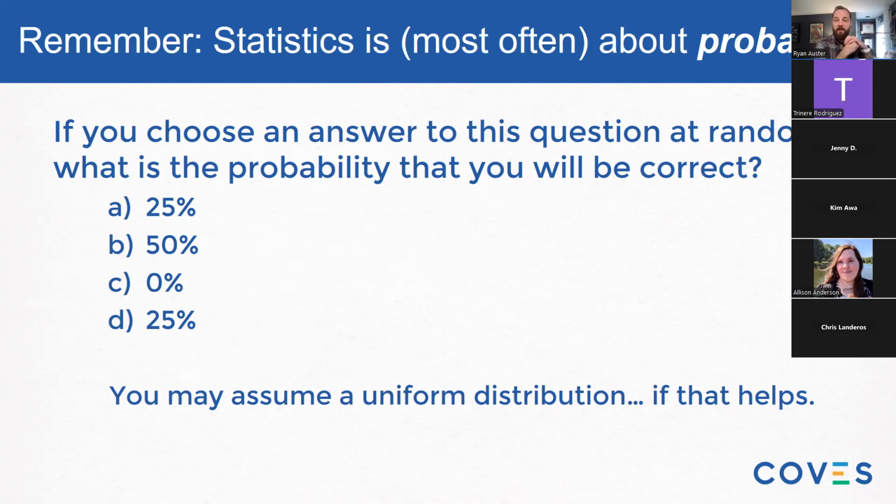But I'll just break this down. If you chose A or D, the 25% response options, then the correct answer is 50%. But if you chose 50%, then the correct answer is 25%. But if you chose 0%, then at least you'd be right there. So it'd be 25% again. So the probability is actually zero, which is in itself a logical inconsistency.